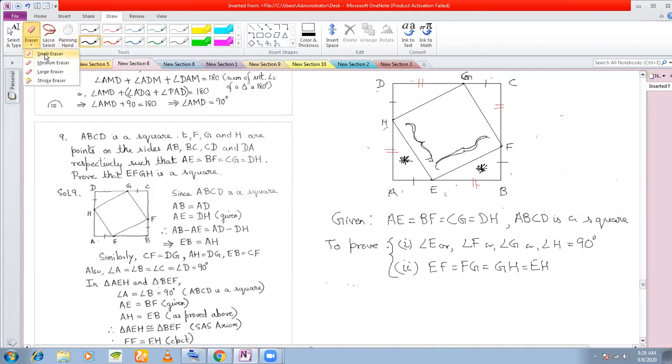Now we come to show how to show that the opposite sides are equal. How do you show that the opposite sides are equal? What we are going to do here is, this time we are going to show that this triangle is congruent to this triangle. If we can show that these two triangles are congruent, then by CPCT I can say that this side is equal to this side. That means the opposite sides of the quadrilateral are equal. Now once I show that the opposite sides are equal and also the adjacent sides are equal, then I can say that all the sides are equal, isn't it?